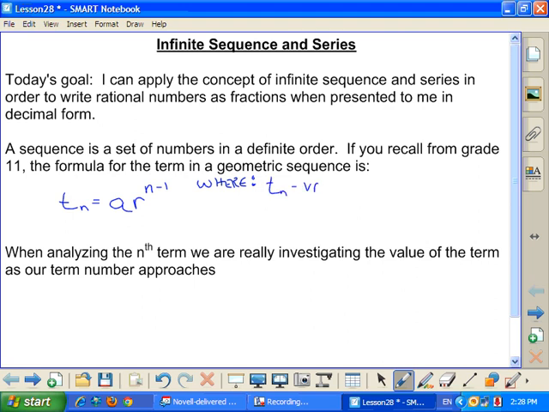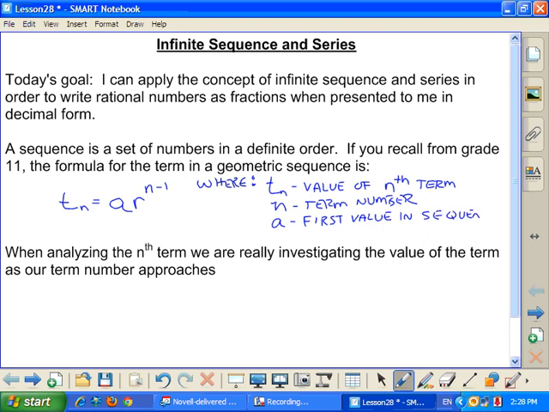Tn is the value of the nth term. n is your term number. a is the first value in the sequence. And r is your base. So there we go. That will tell you, in an example, if you're not sure what a